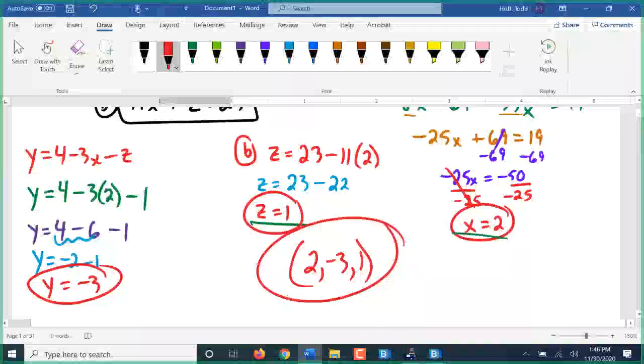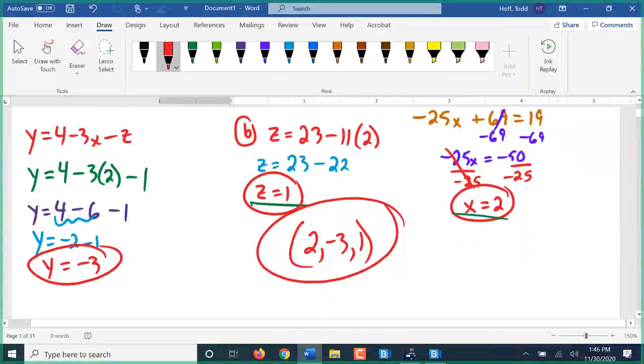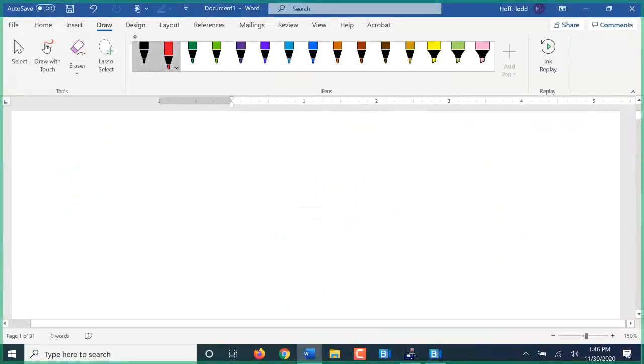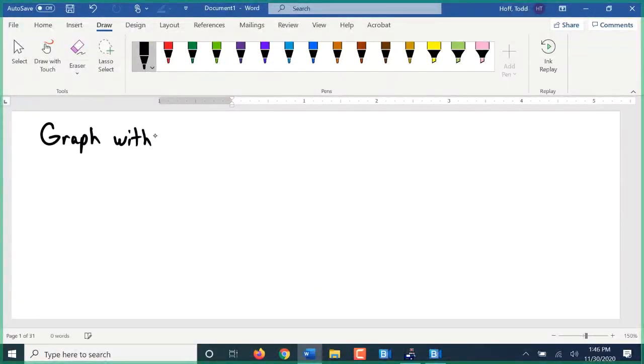So you might be looking at this wondering, why didn't we just graph them and see where they intersect? Well, that is a great question. If I wanted to graph with 3 variables, with x, y, and z, our graph,